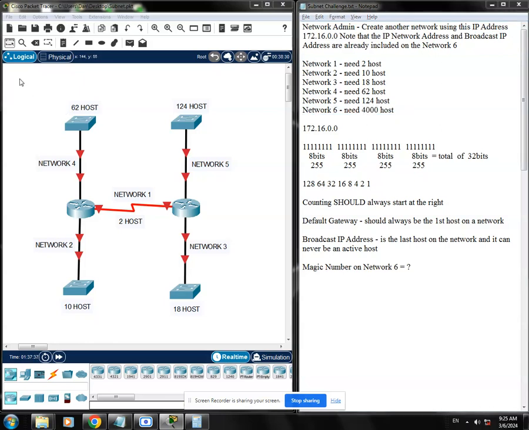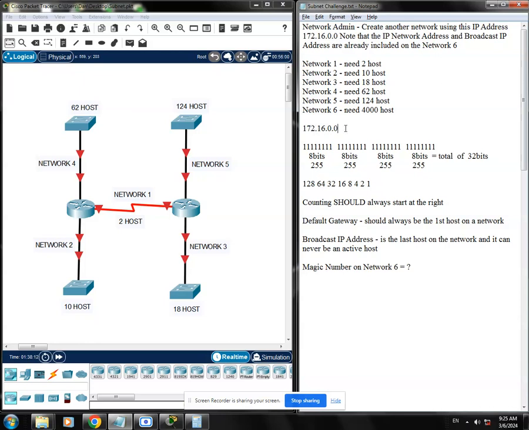You notice that on the label, network 6 is not included. Why? It's because the network admin is planning to use this network 6 in the future, so maybe it's his backup network. So let's create a backup network, which is network 6, that needs to have 4,000 hosts. This is the IP address that we will be using,